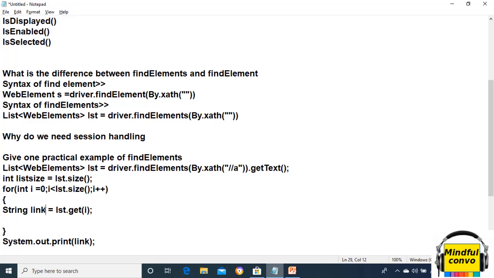If we want the links to also be accessible outside the for block, then we need to make this link a global variable.